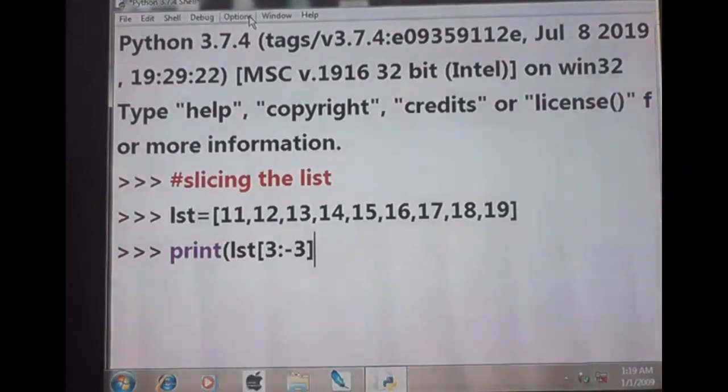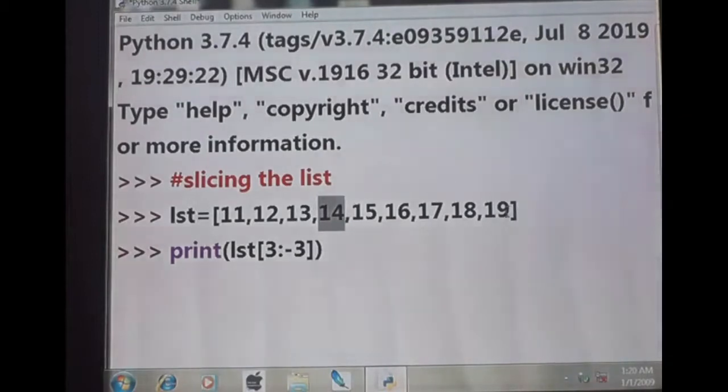So listen carefully. If I press enter, then what is the output? Any guess? So listen, this is 0th index, first index, second index, third index. So third index is 14.